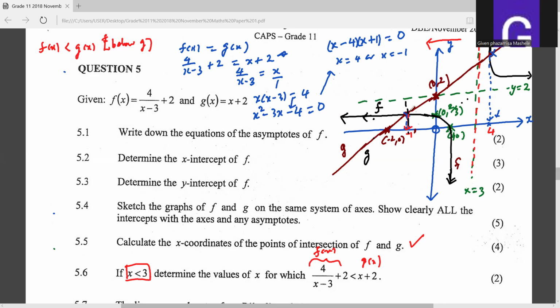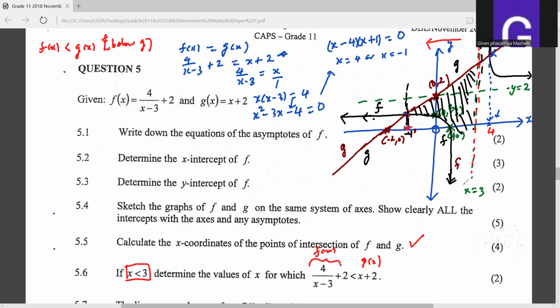But when you consider from here, let me just shade it here. Just this area. You can easily see that the graph of g is above f. So this is what we're looking for. So it means the answer here will be exactly from -1 up until 3, but not including 3, because at 3, the function f is asymptotic